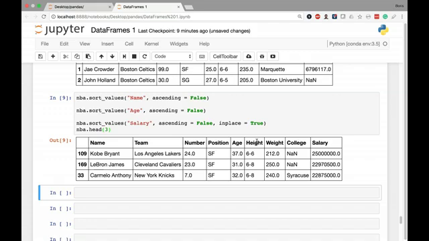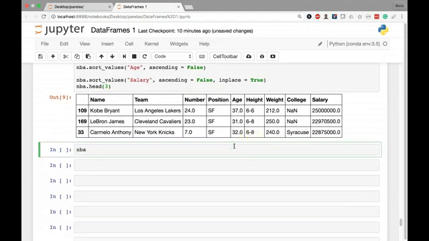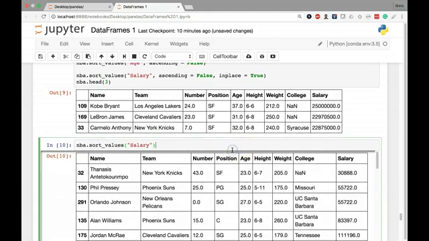Now, to conclude this lesson, I just wanted to emphasize one point that I didn't mention. You may recall that a lot of these columns have null values, those NaN values, and in the last lessons we talked about how to fill those in. But in case we don't fill them in, as we didn't in this lesson, you may be wondering where those NaN values will be placed in a sort operation. And the answer is, by default, they're going to be placed at the very end. So if I do nba.sort_values and I do something like the salary column, what we can see is if I do the tail method here,